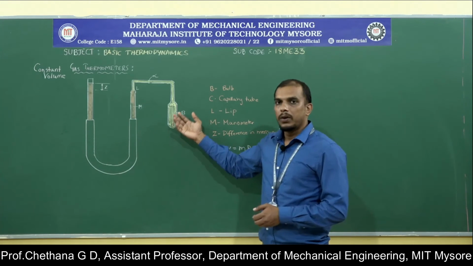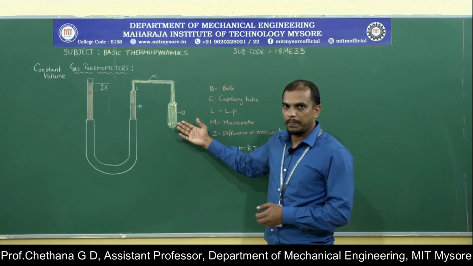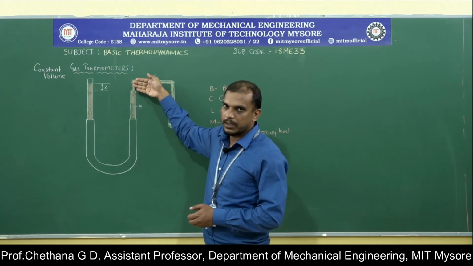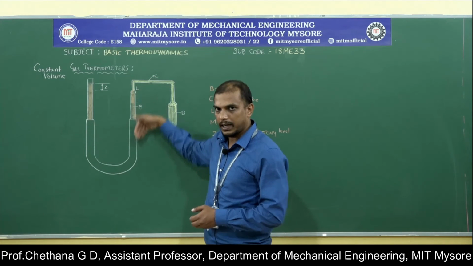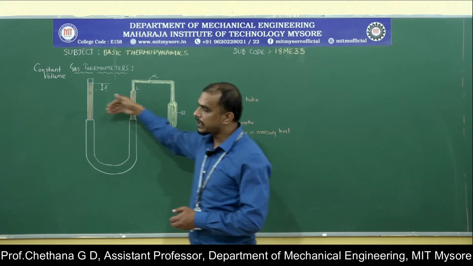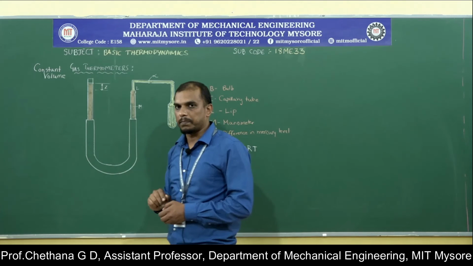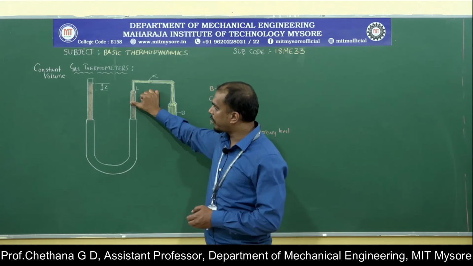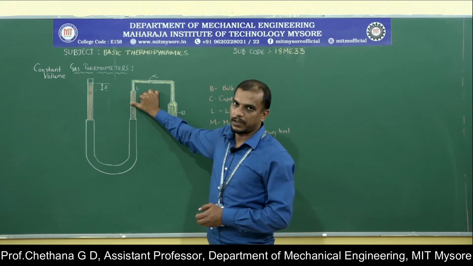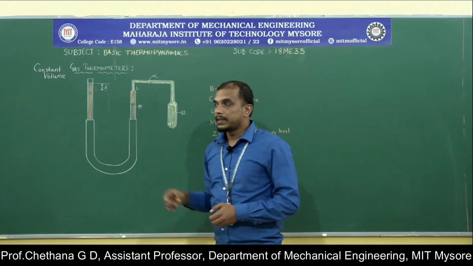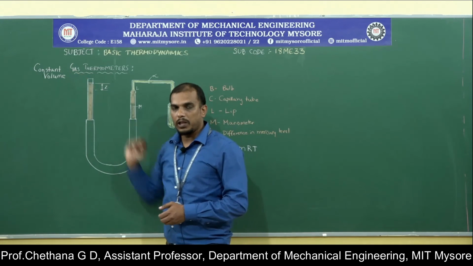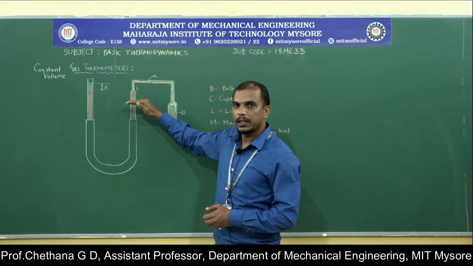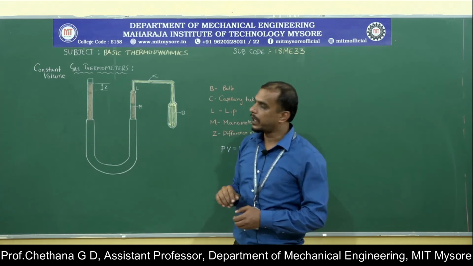So obviously, whenever this is heated up, the volume of the gas increases. In turn, it pushes the mercury in the right limb to the downward direction. On the other side, it will obviously be lifted up. Now what happened? This certain amount of gas may be somewhere here. Since we are talking about a constant volume gas thermometer, in the second step we try to make the volume constant again. How can we do it?